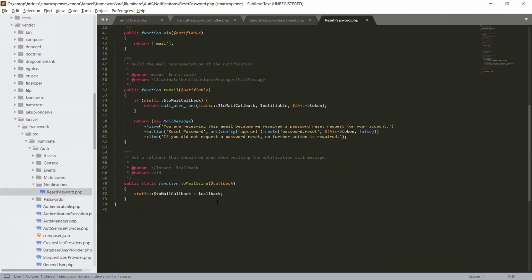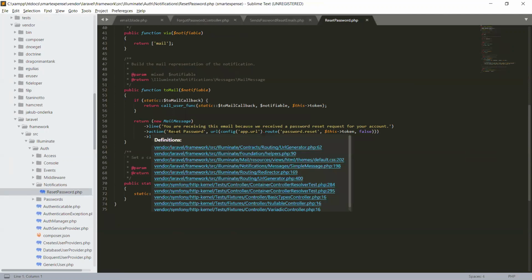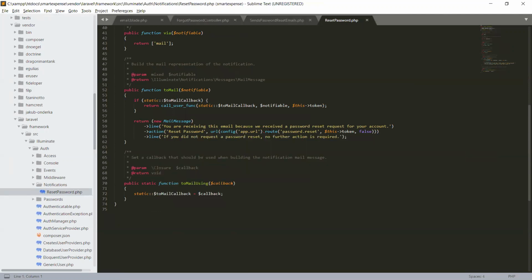So when we click on reset password, this message will be sent through notification to your email address. The line will be, you are receiving this email because we received a password reset request from your account, and the action is reset password. The URL that will be sent, you click on this URL and you can reset your password.